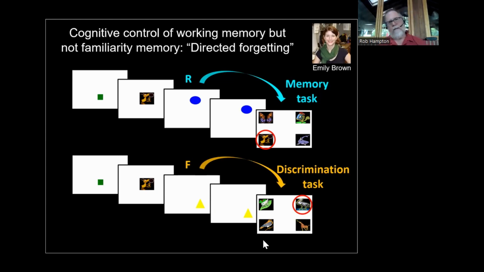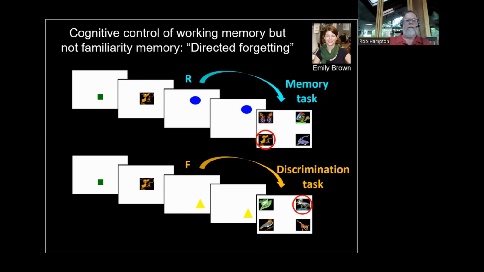And then at test now, instead of having to remember what they saw at the beginning of the trial, they perform a discrimination that they've learned very well outside of this particular paradigm. So in this case, whenever they see the pelican, they've got to select that and avoid these other stimuli. And to prevent the animal from, once it sees this triangle, start thinking about the pelican, on a forget trial, Emily did what I thought was a pretty nice manipulation. She gave them, I forget what the exact number is, but there was quite a few of these discriminations that they learned. So they didn't know which discrimination was going to come up, and that really discouraged them from prospectively